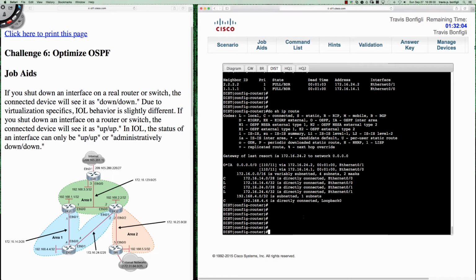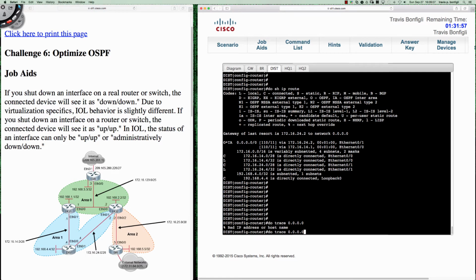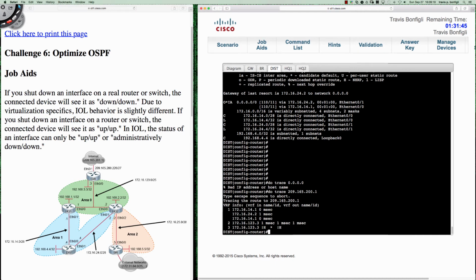here, and if I was to say do trace to 0.0.0.0, let's see if that actually, yeah, that's not going to work. So do trace, and we'll trace out to, let's actually do the 209.165.200.1, I believe is a legitimate address. So you can see how quickly, right there, it load balances over the multiple paths, right? So the first 3 packets that go out go to router 1, router 2, router 1, and then it goes up to